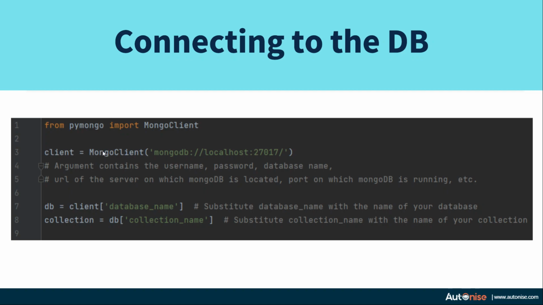After you execute this command, you have connected to the MongoDB on your own computer, and you have the object returned as client. If you want to create a DB in your MongoDB database, then you just do client square bracket and the name of the database. You can provide any database name over here, and this command will return the database object, and you can store it inside a variable. By executing this command, you have created a database. So it's very simple to create a database using PyMongo.